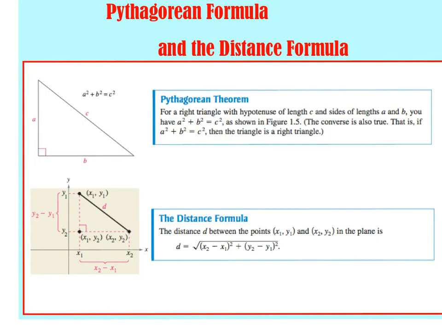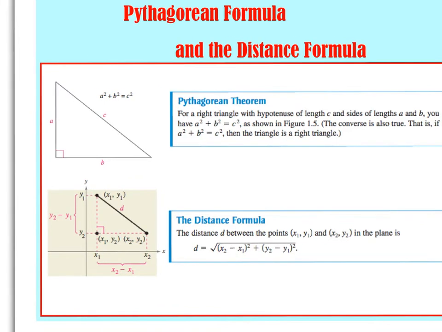Fantastic. All right. So now we're going to the Pythagorean theorem, or the Pythagorean formula and the distance formula. They are one and the same. They're basically the same thing, just a different way to look at it. So the Pythagorean theorem is a squared plus b squared equals c squared. What do a and b represent? Your legs. And c represents your